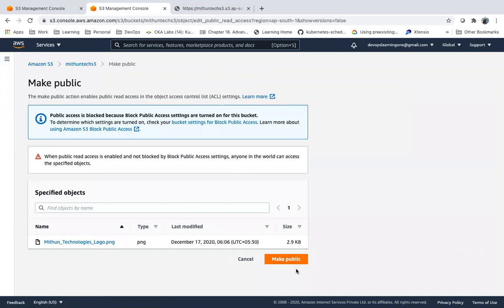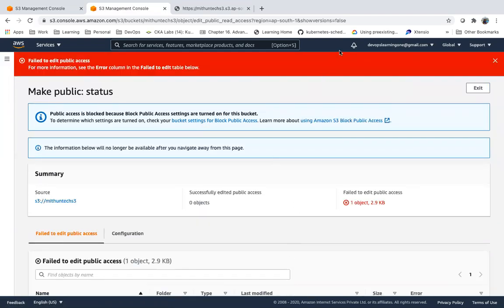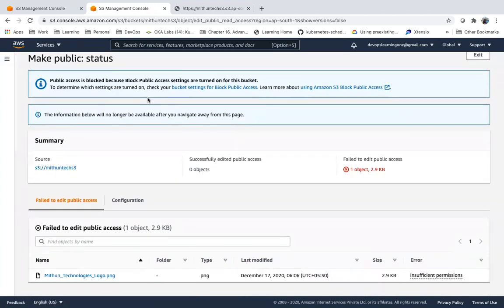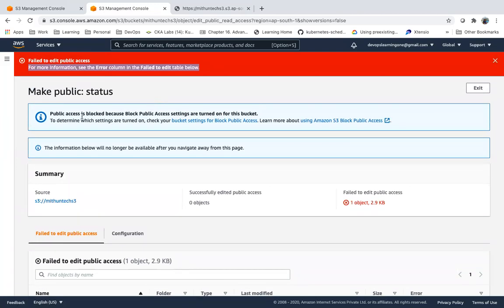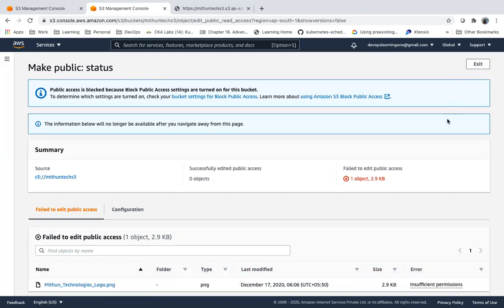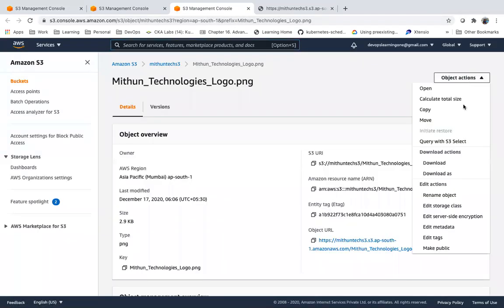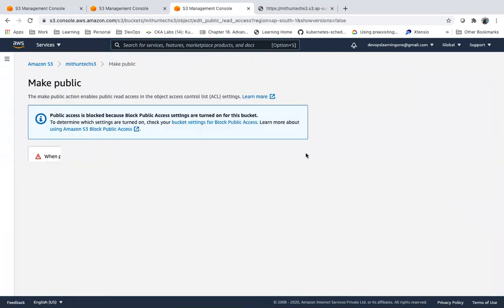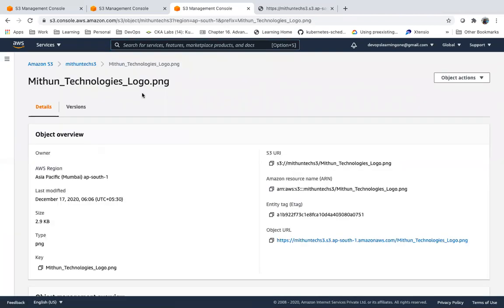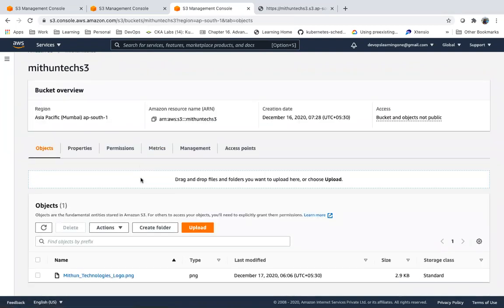I cannot make this object public unless I enable the public access at the bucket level. This is if I want to give a public access for this object.